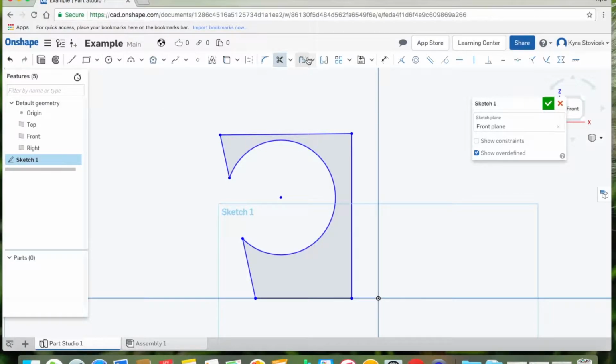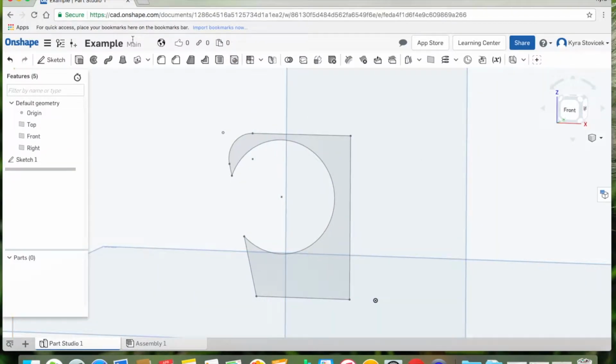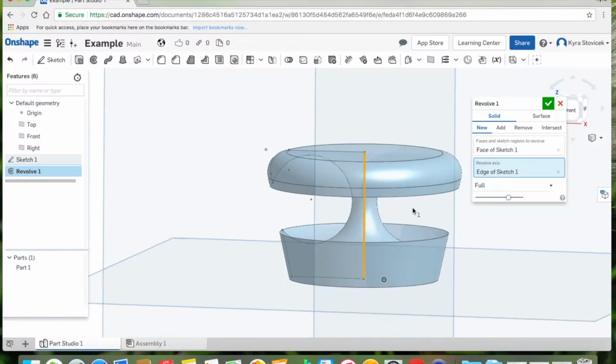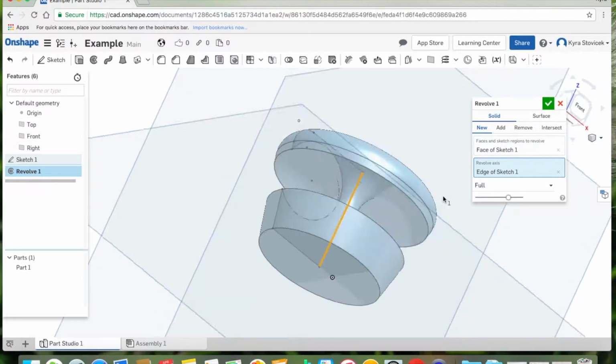Now I'm going to curve the edges by using a fillet, and you can change the radius of those as well. It just makes everything a little bit smoother so you don't have sharp lines when you go to print your object. Now I'm going to take the object that I created and revolve it around its own axis, and you